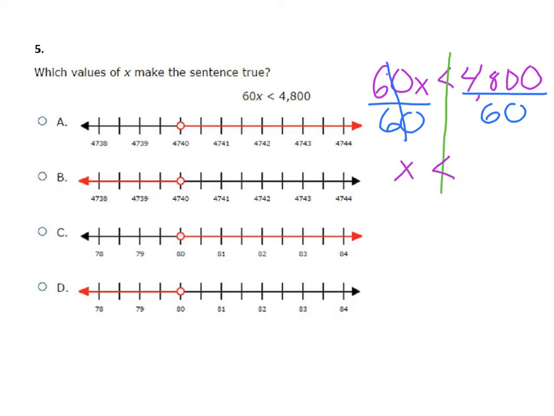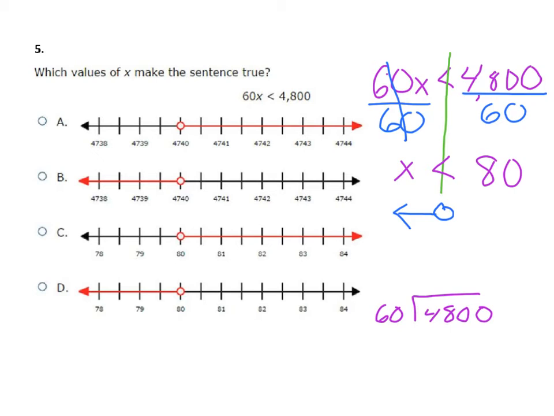And then 4,800 divided by 60 is 80. And if you need to go over here and, off to the side, work that out as long division, please do that. There's no harm in that. You want to get the answer right. And so now I have a less than symbol. So my less than symbol, that means I'm going to have an open circle and I'm going to be shading down to the smaller numbers